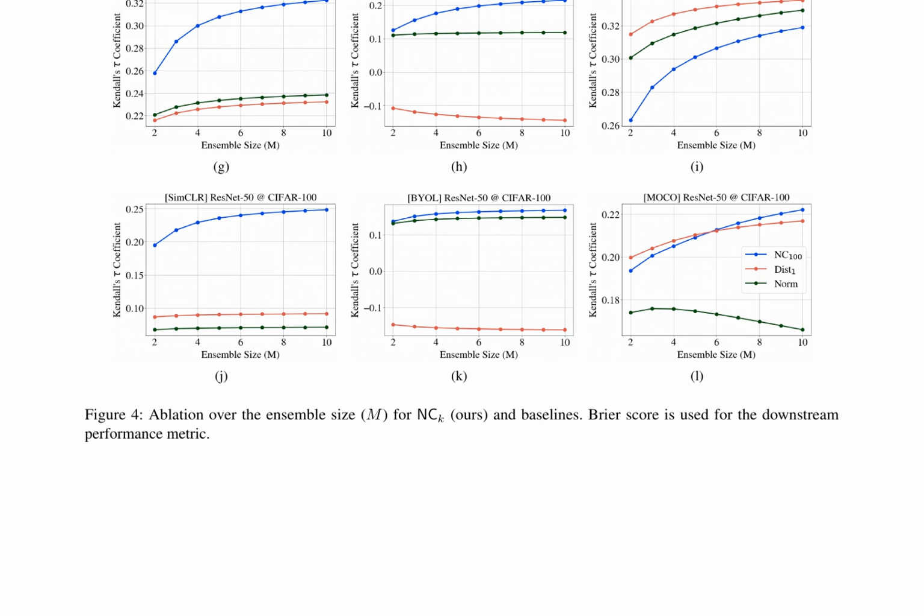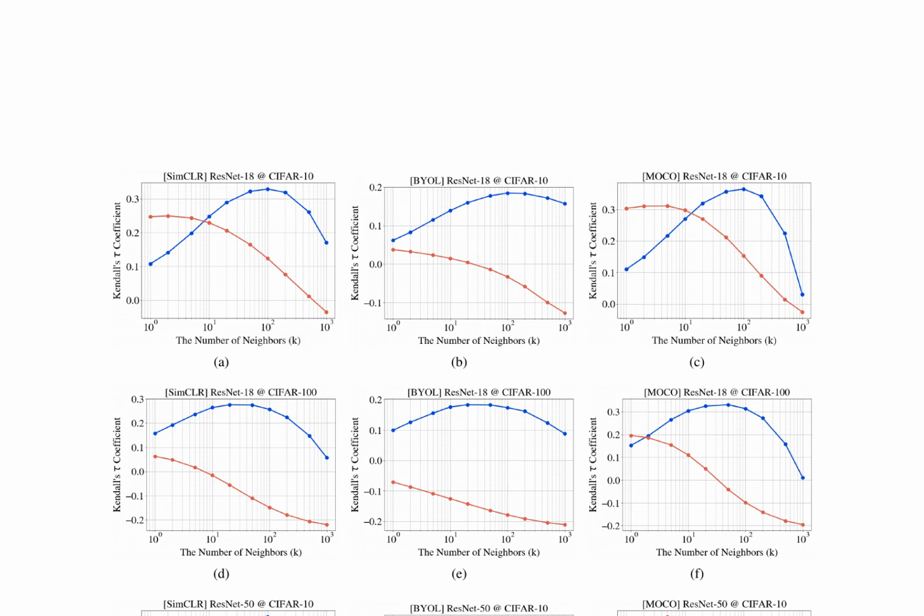This reinforces the idea that the NCK model's strength lies in its capacity to adapt to diverse models and ensemble sizes, making it a robust and reliable choice for downstream tasks. Furthermore, the study underscores the importance of carefully selecting the ensemble size based on the specific problem domain and available computational resources. The analysis on the performance of the proposed NCK model involves ablating over the number of neighbors, k.